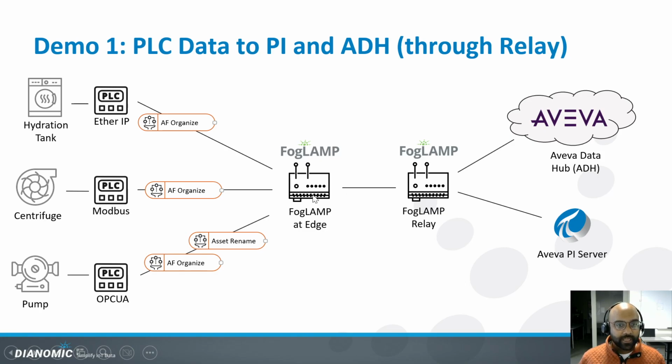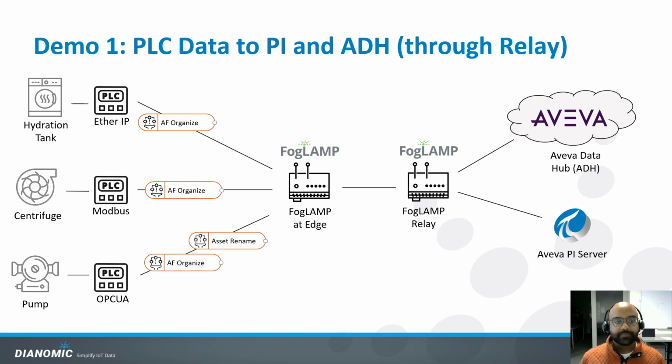Using a single FogLAMP, you can connect to all three PLCs because FogLAMP supports multiple South plugins, including the Ethernet IP PLC plugin, the Modbus plugin, and the OPC UA plugin. You can connect and ingest data from all three of them in parallel. Moreover, using filters, we can do things like rename some of the assets if they're inappropriately named, or you can add metadata to those readings so that when they end up at their end destination, that metadata is also held